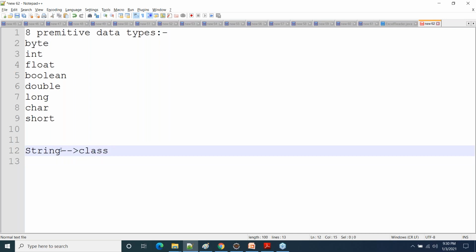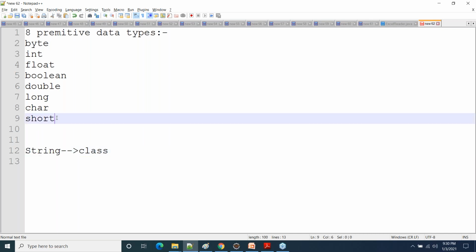So don't say that string is a primitive data type. It's a class in Java. Is that clear? As far as the string is concerned, string is a class, not a primitive data type. Clear?